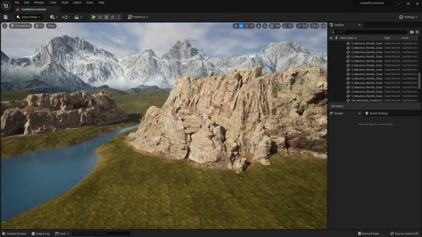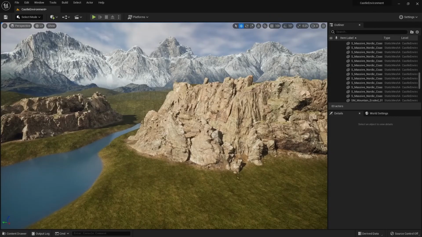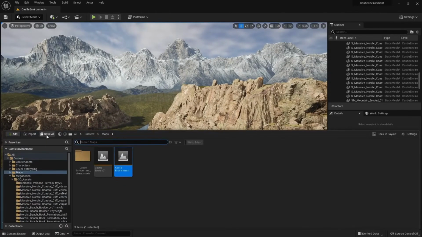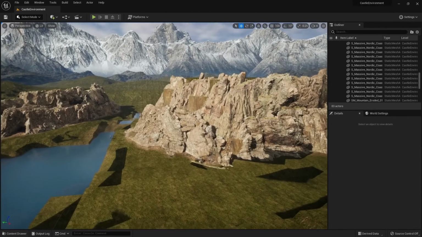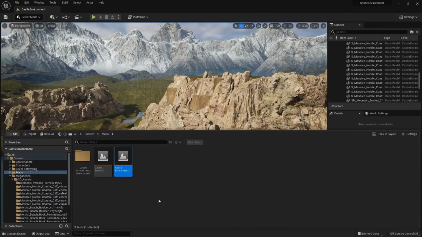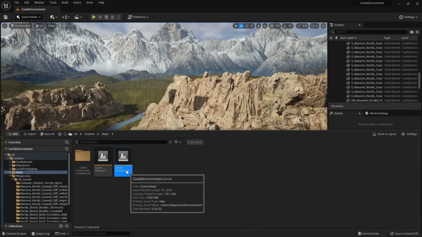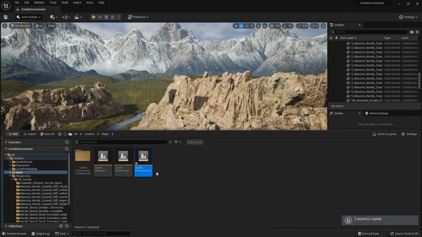So this is going to be pretty fun, but before we make any changes, let's make sure to save our world because we've done a lot of work so far and it'd be a shame if we lost our progress. And let's also make a backup of castle environment. So Control C, Control V, and let's call this one Castle